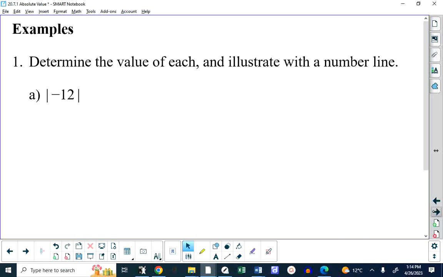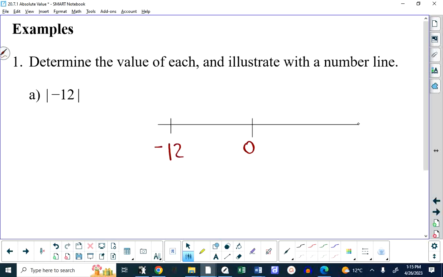Well, what is the absolute value of negative 12, and illustrate it with a number line? Listen, you're not going to do this with a number line each time. We're in a learning mode right now. If I look at a number line and I indicate where 0 is on the number line, and I indicate where negative 12 is on the number line, the absolute value of negative 12 is how far it is between those 2 points. So this distance from here to here is the absolute value